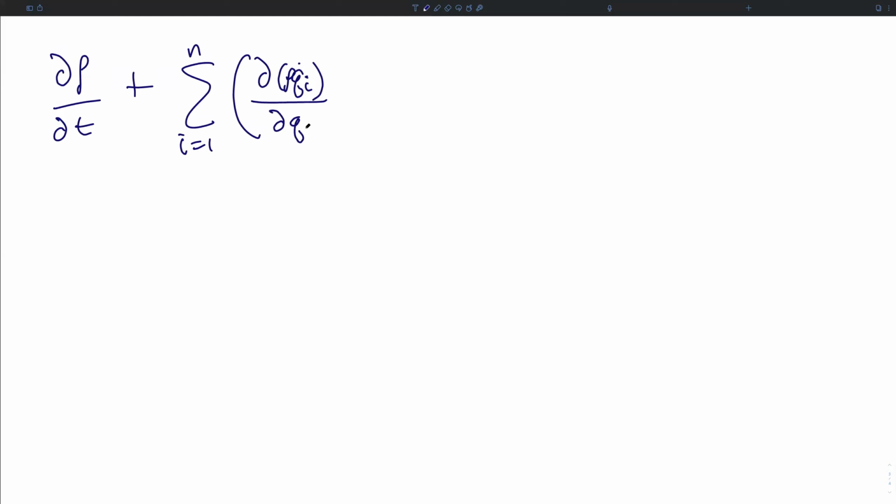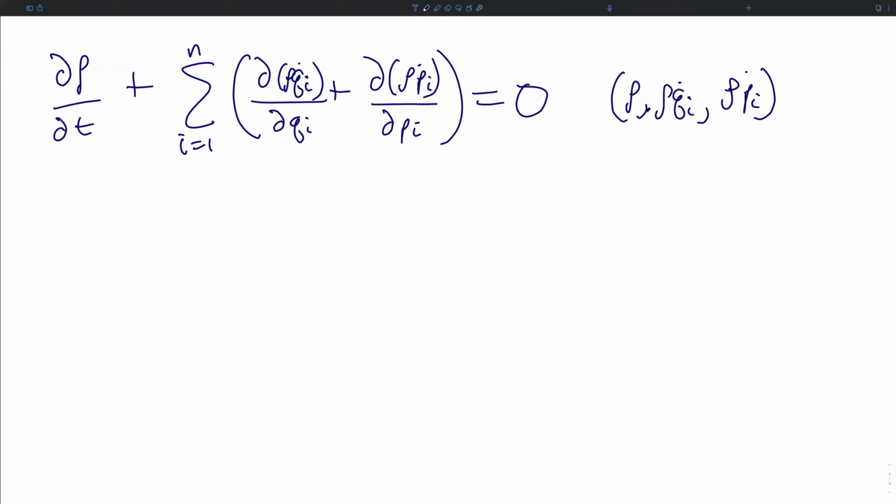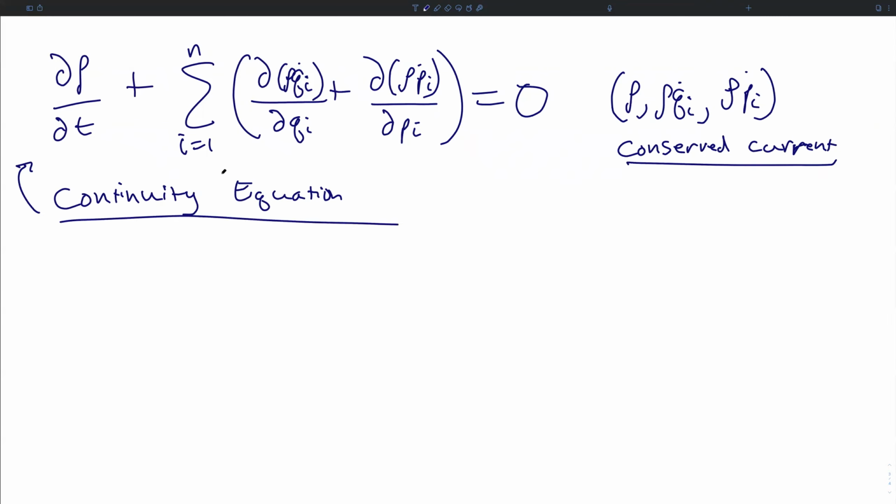The evolution of rho is governed by what is known as the continuity equation. And this looks very similar to Liouville's equation, but is not quite the same thing. What this is telling us is that the elements rho qi dot and rho pi dot, which are the arguments of these partials inside the summation, are what's known as a conserved current. So we compare the continuity equation with Liouville's equation, and we can write